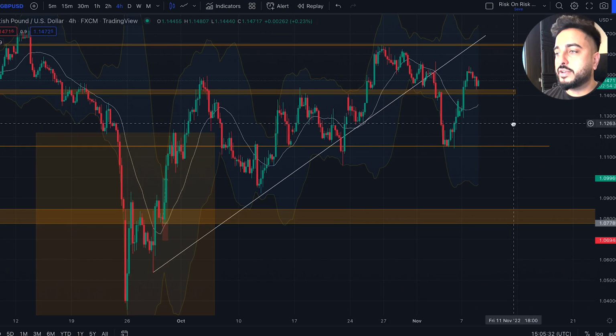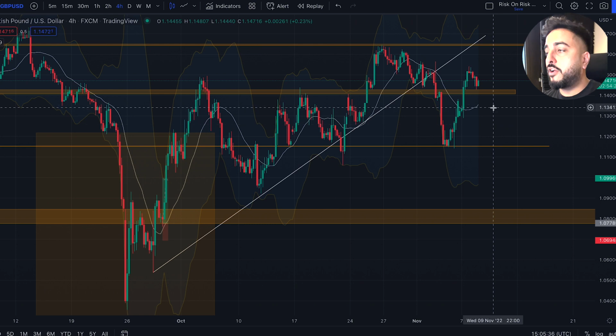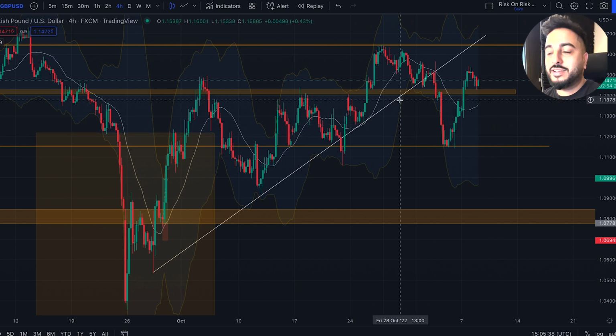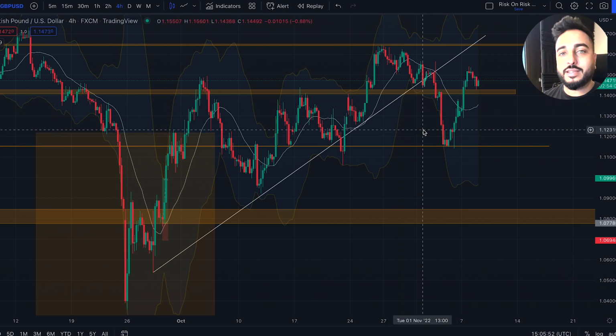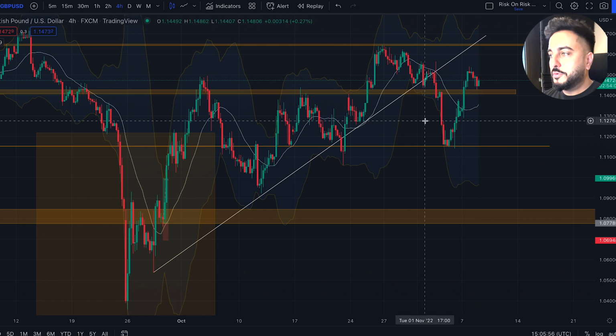You even had UK interest rates get raised by 75 basis points, but that did nothing to move the pair. And you're probably thinking, how did the US Federal Reserve increase interest rates and that actually gave the dollar some favor and some strength? Well, right now, guys, there is no trust in UK credibility. So basically, some people are looking at the UK like an emerging market, which basically means when the yield goes up, pound goes down. That's how much of a mess it is.